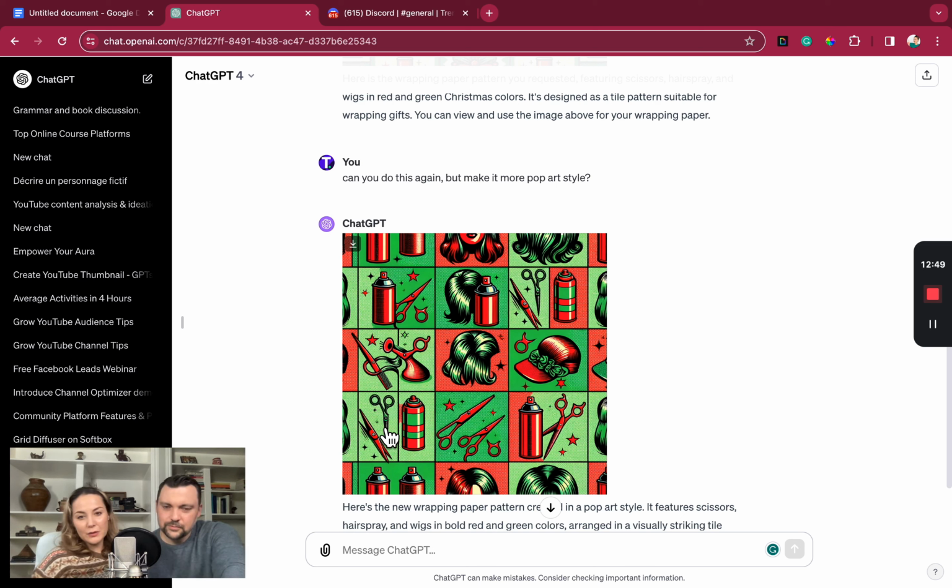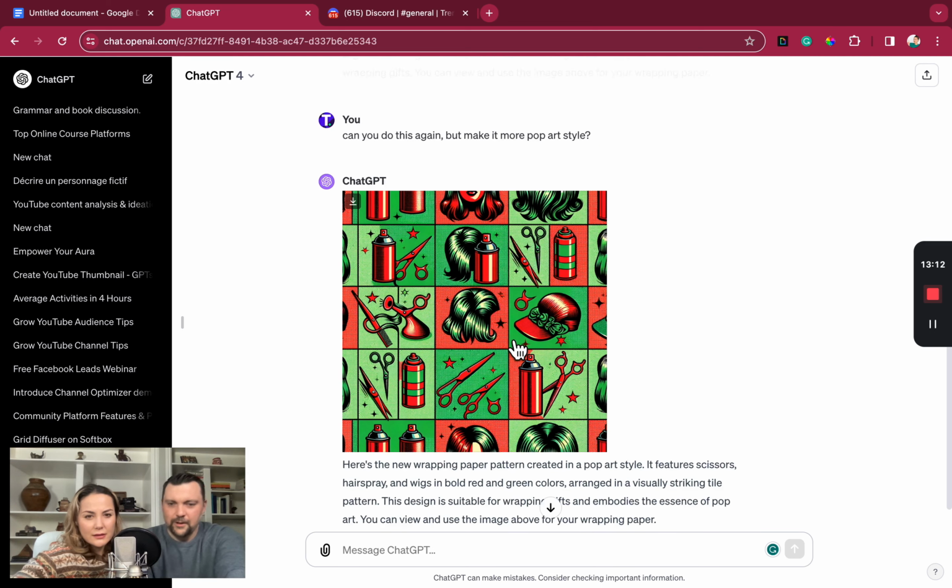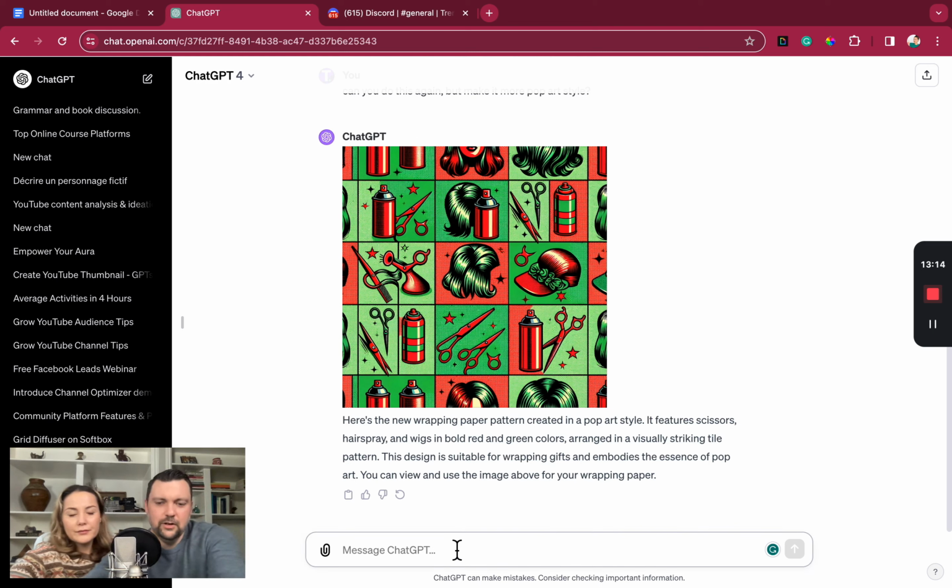You don't wrap presents that way anyways. Yeah, true. I think people would just be happy to have something this personalized to them. That wig, I don't know if those are bangs, and then if that's like hair that made a hat, but pretty fun. Still really fun. I mean, I feel like other than this one, it's weird. That's strange. And then this, like, why is that? Yeah. Let's just ask it to make another variation.